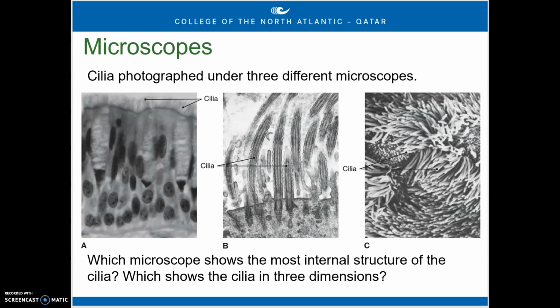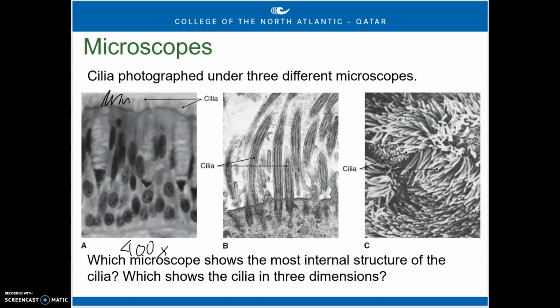Okay, so this is a look at something we'd see from different types of microscopes. If we look at figure A, this is going to be, I think, around 400 times magnification, somewhere around there. And this is what we'll see on our typical light microscopes like we're going to use in the lab. If we're trying to keep stuff for scale, they're showing on the very top of the cell up here, we see these tiny threads, and those are cilia, which are little tiny finger-like projections that help move stuff around on